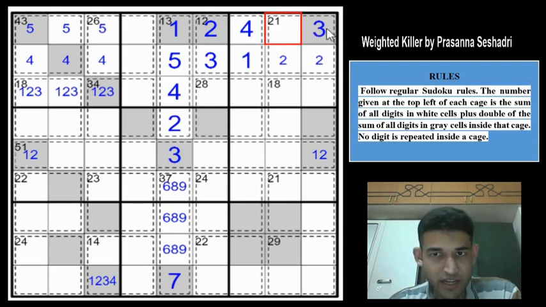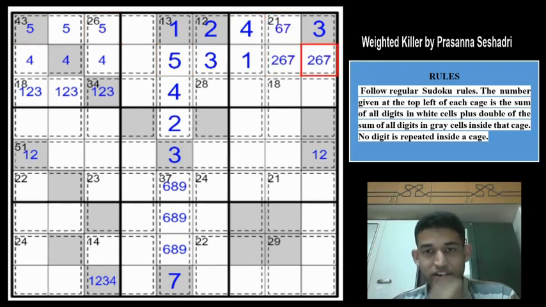And now we are sure that this becomes a 6 and we need 15 more from these 3 cells. And 2 is already part of that. So we need 13 more from 2 cells. 13 is 4, 9, 5, 8 or 6, 7. 4, 9 is not possible. 5, 8 is also not possible because 5 is in rows 1 and 2. So these 3 cells must be 2, 6 and 7. Right? Perfect. So we are making some good progress now.